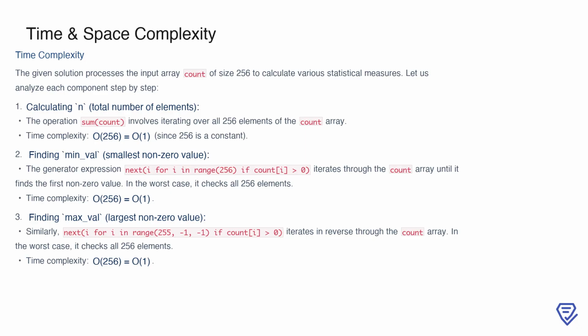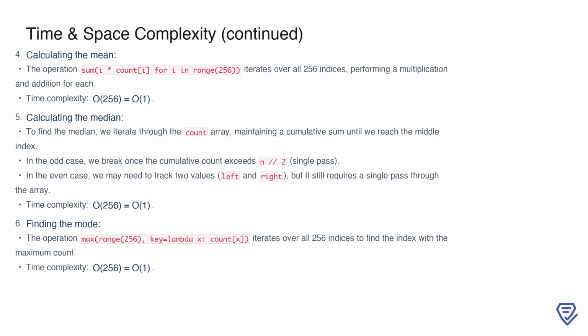Similarly, finding max_val, the largest non-zero value, requires iterating in reverse through the array. The logic is the same, a maximum of 256 iterations results in a time complexity of O(1). These operations are efficient because the size of the array is fixed and independent of the input data's scale. Now, let's analyze the time complexity of calculating the mean. This operation involves iterating through all 256 indices, multiplying each index by its corresponding count, and summing up the results. Since this is a single pass through the fixed-size array with constant operations at each step, the time complexity remains